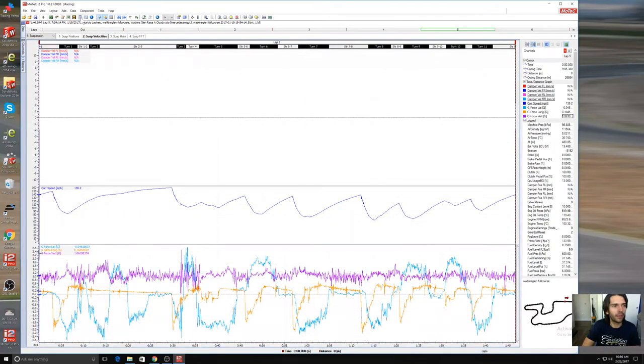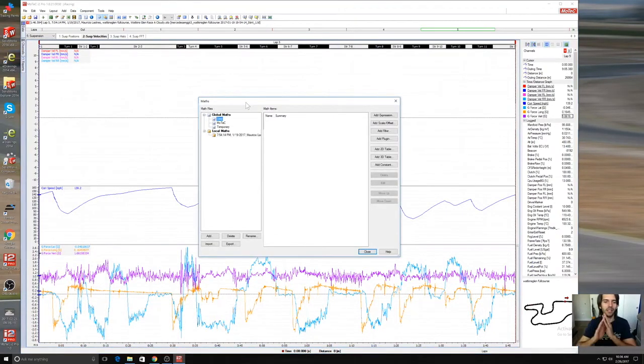Maths are very important. Maths are the entire reason why Motec is useful. Otherwise, you need to go to iSpeed or something else that's a little bit more user-friendly. The entire point of Motec, besides the fact that you can manipulate the graphs and make them look however you want and change the colors and the fonts and everything, the whole point of it is here. So you go to the global maths, you have user-defined maths, you have the Motec ones, temporary ones, user,